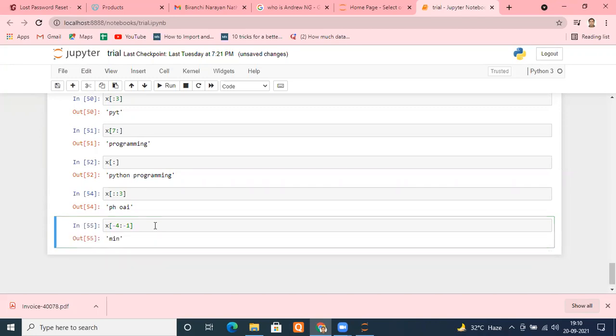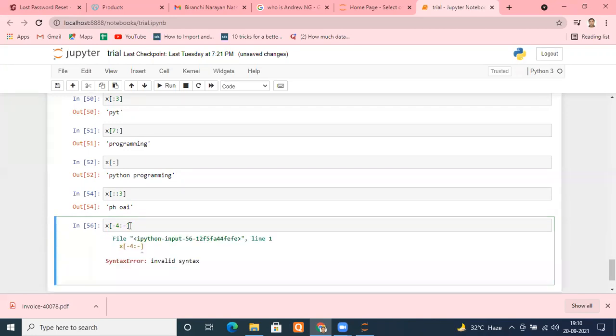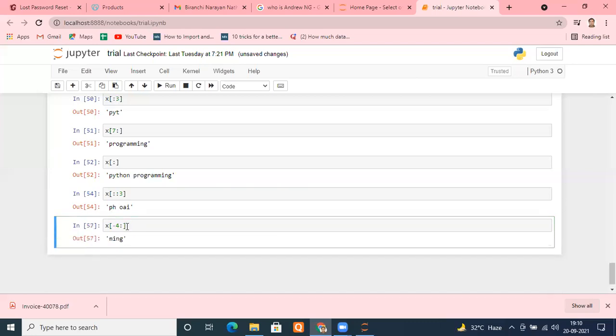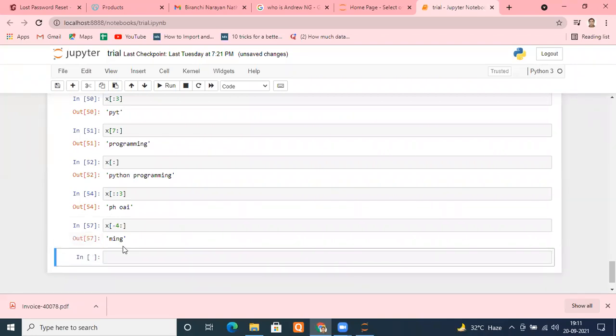MING. Now, G won't come. Remember, we always go 1 below it. Forgot? We were writing 3, so we are getting 2. Right? So what is happening? If I skip this, then I'll get complete. What happened? Oh, sorry, I put minus here. That's my mistake. Is it fine? Yes, sir. If I skip this, it will take automatically. If I put -1, it will take 1 below that.